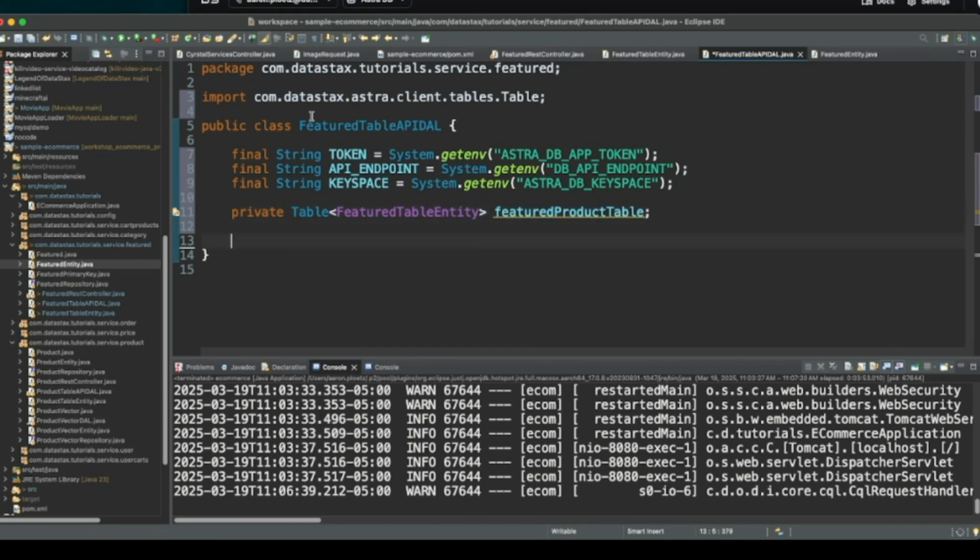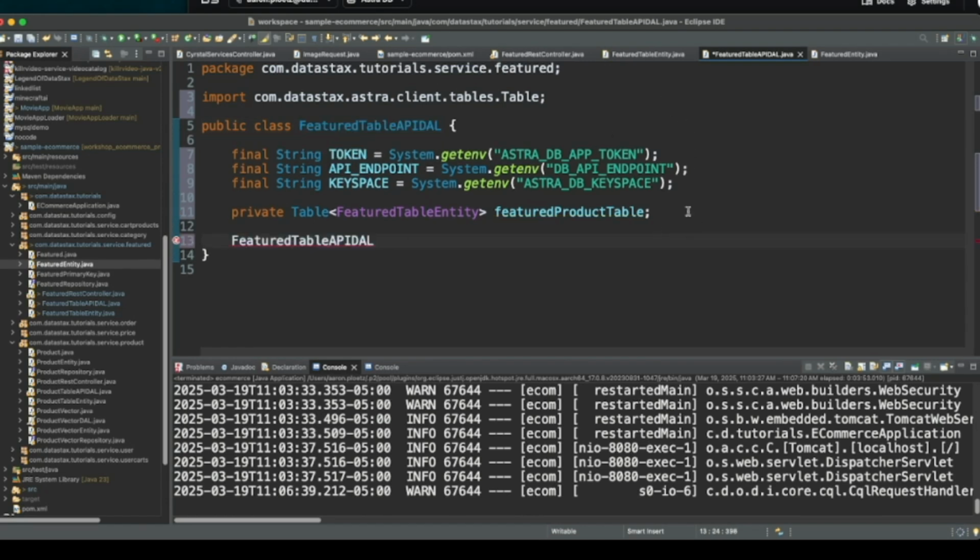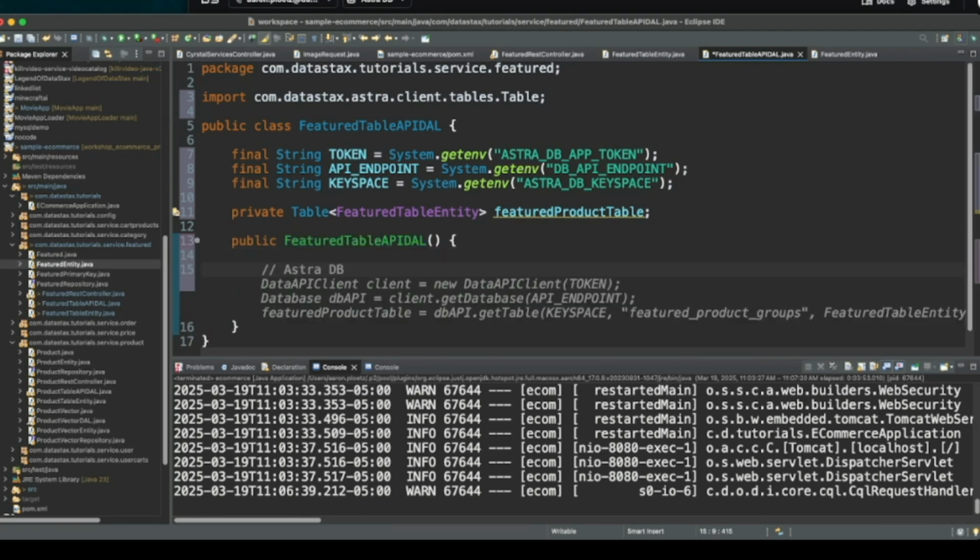All right. So our data access layer is going to need a constructor. And we're going to, oh yeah, we actually do want to have the word public there. So first things first, we need to initialize. Oh, look at that. Copilot's really on top of things here.